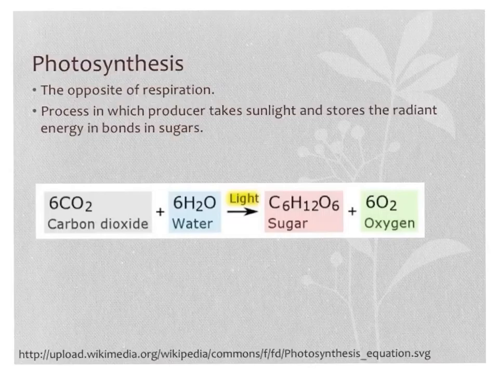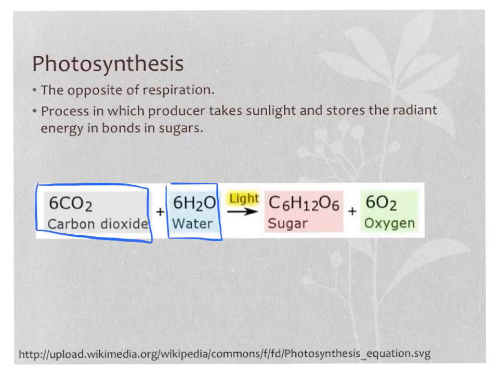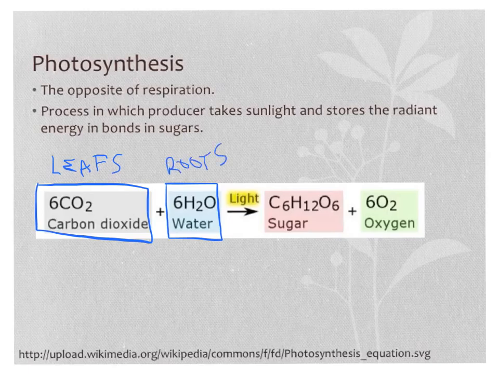Producers take in sunlight and store the radiant energy in bonds and sugars. So what producers need are carbon dioxide from the air, which goes in through the leaves. It needs water, which often comes from the roots of the plants, and then sunlight as well, which goes through the leaves, and that will help them produce sugars. And then oxygen is expelled out the leaves as well, and the sugars are stored in the body of the